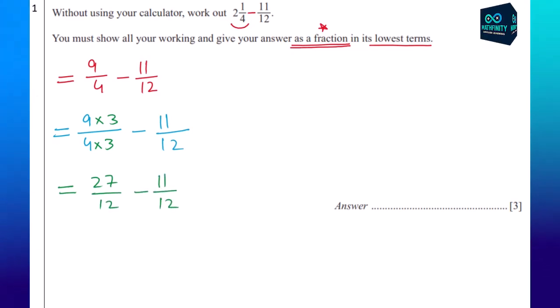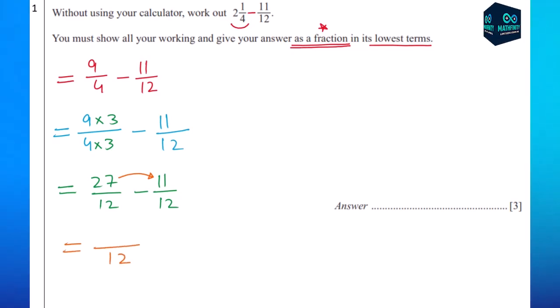We made the same denominator. After making the same denominator, just add or subtract the numerators. We will write the denominator as it is, 12. If you see the subtraction sign, subtract the numerators. If you see the addition sign, add the numerators. 27 minus 11, I will get